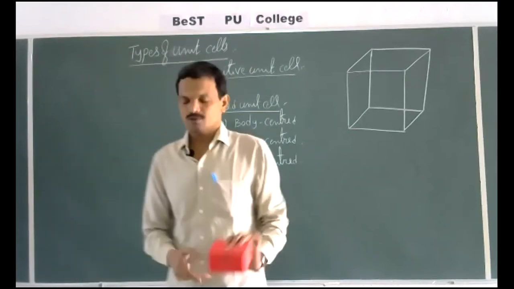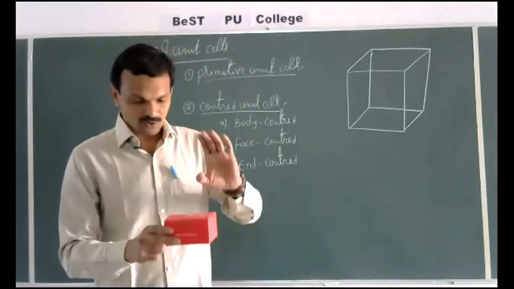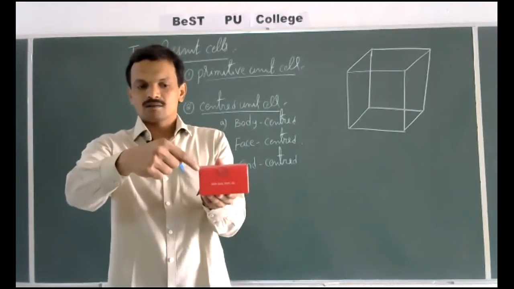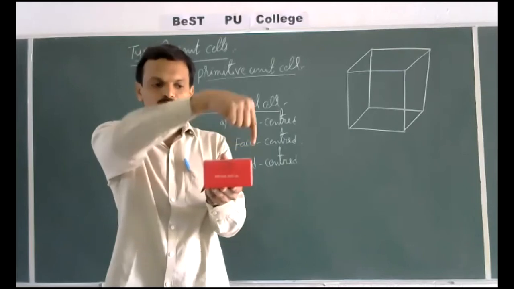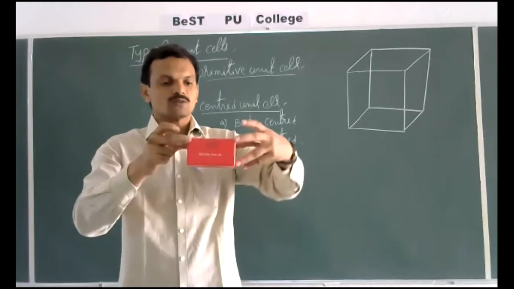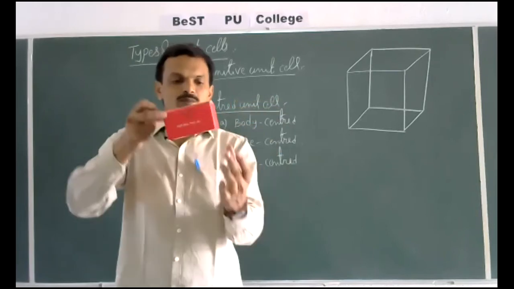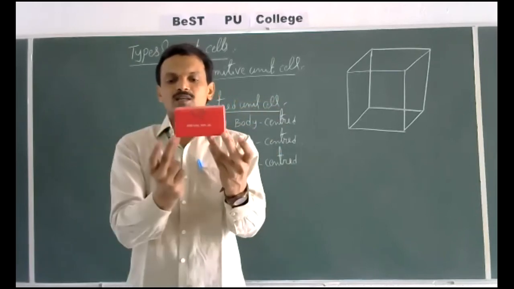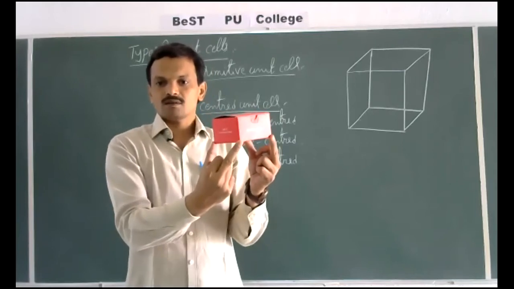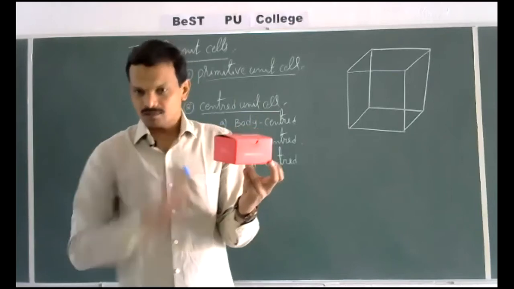Then how many corners are there for a cubic system? So here, this is one corner, the top corner. This is one corner, 2. Backside 2 corners are there. Means at the top there are 4 corners. What I hold here with my 4 fingers, these are the 4 corners present at the top. Similarly, there are 4 corners at the bottom like this. 4 fingers, 4 corners are there. So in total, this cube contains how many corners? 8 corners will be there.